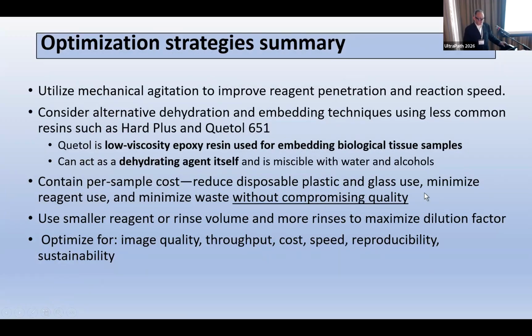Conserve per sample cost. Try to use as little plastic as you can without compromising quality, of course. You can be efficient and sustainable at the same time. Use smaller volumes and do more of them is one strategy. And you want to optimize, of course, for quality. You can optimize for speed, you can optimize for cost, but quality is always job one. But you can also optimize throughput, cost, speed, reproducibility, sustainability,